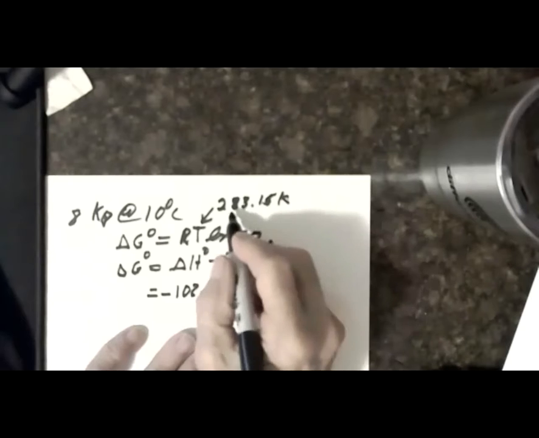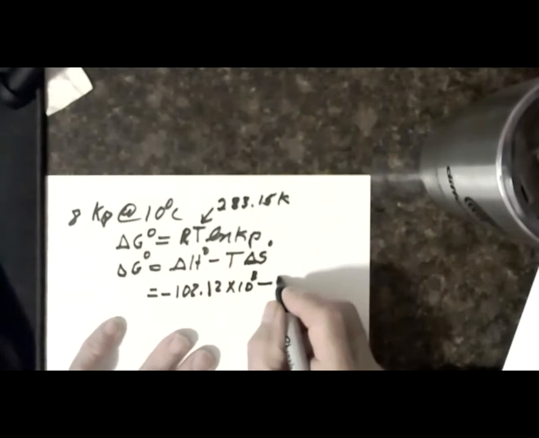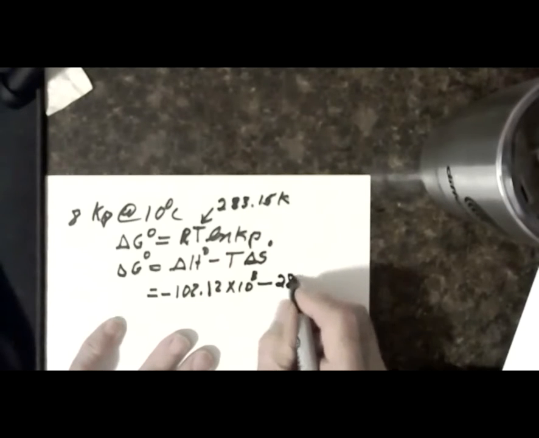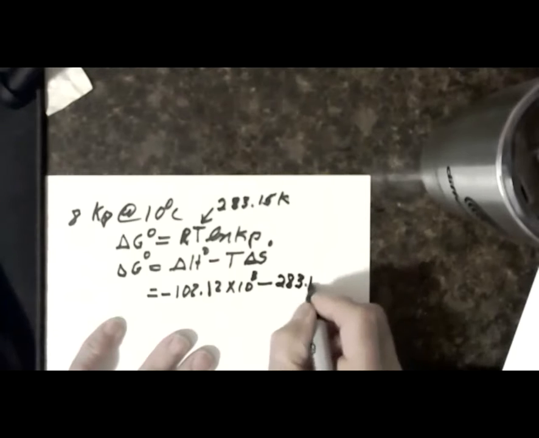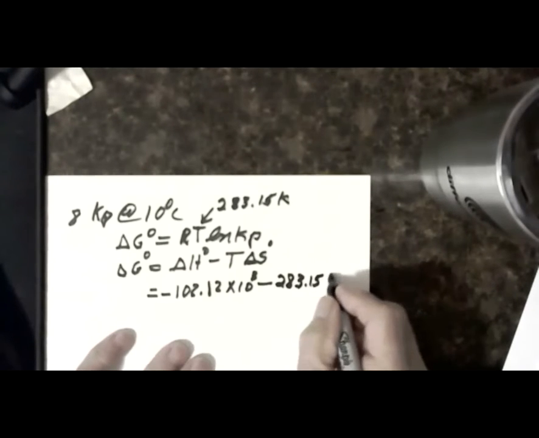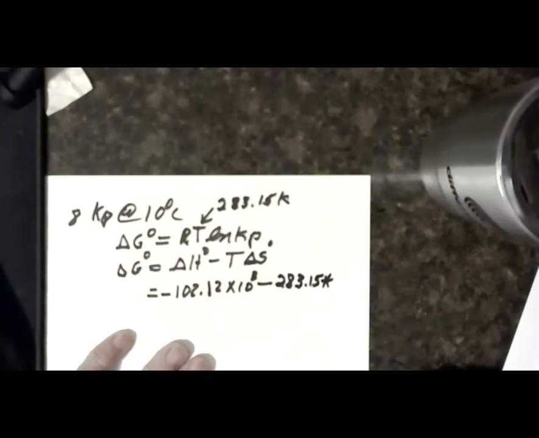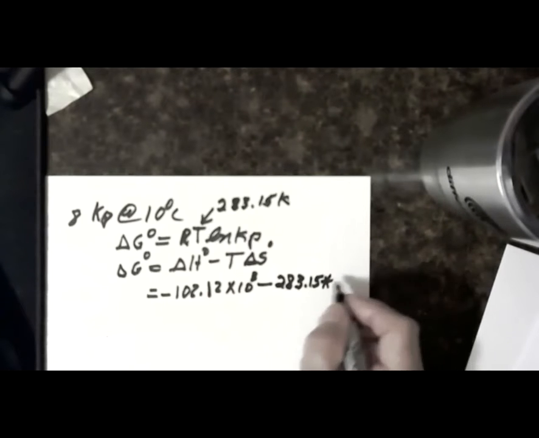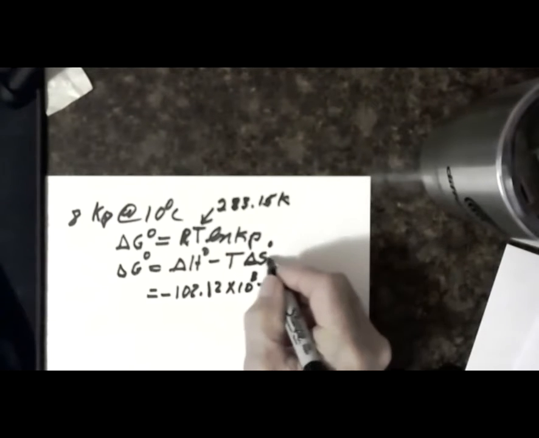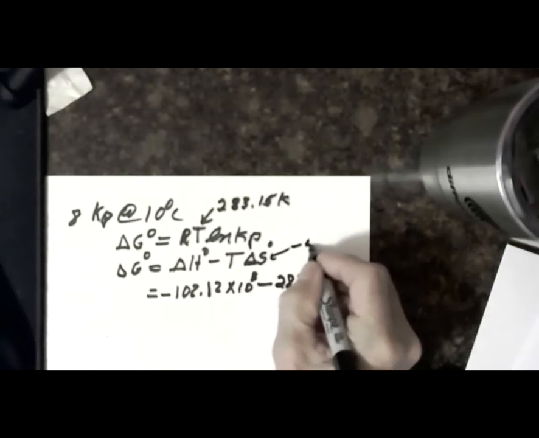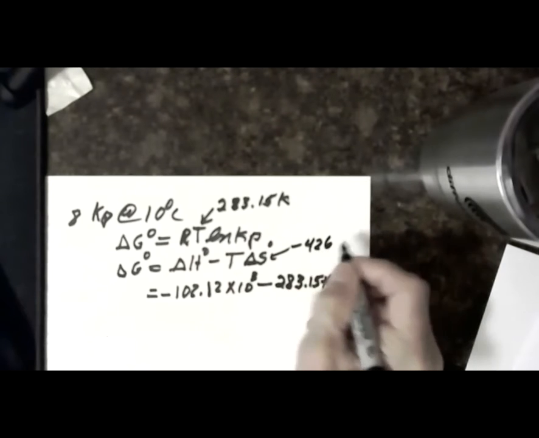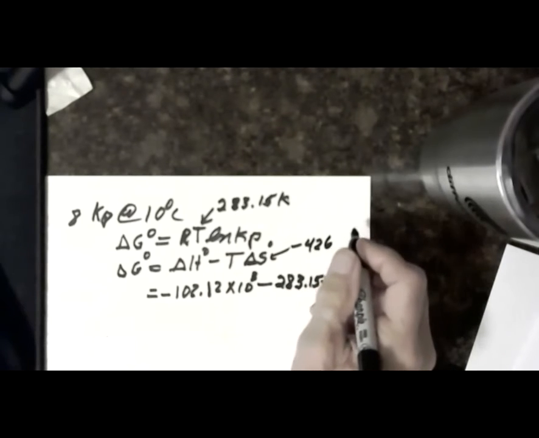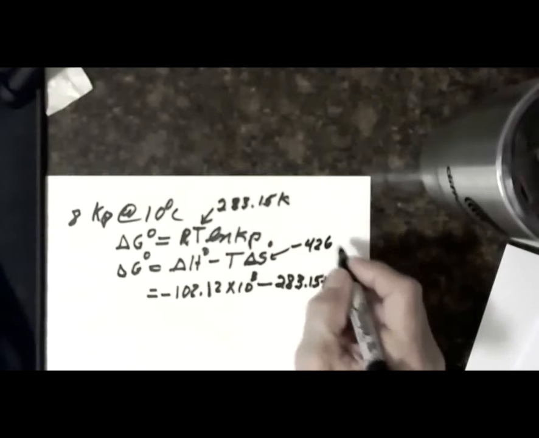Now the new temperature that I want is 283.15, I guess. And then times the delta S value. The delta S value, we calculated it earlier also. It's minus 426.2